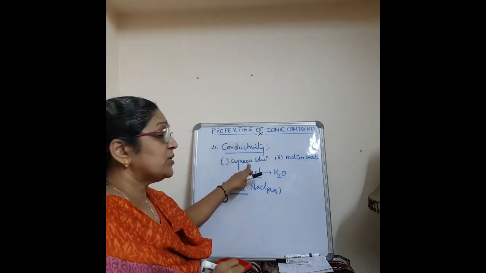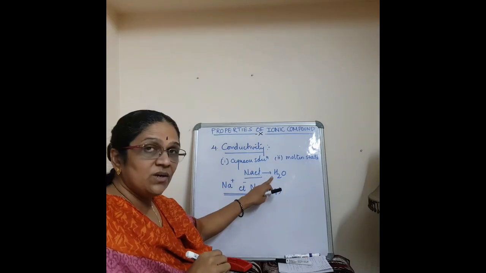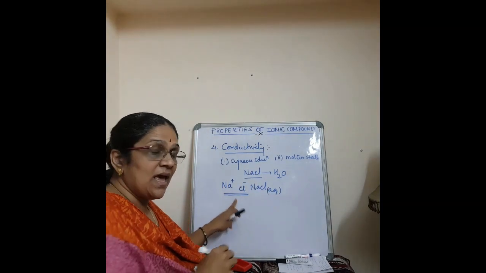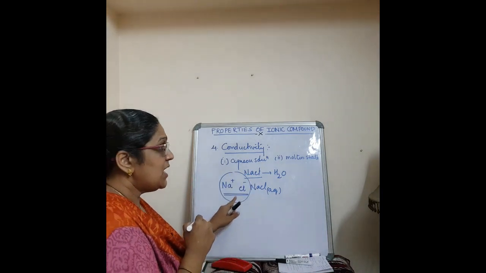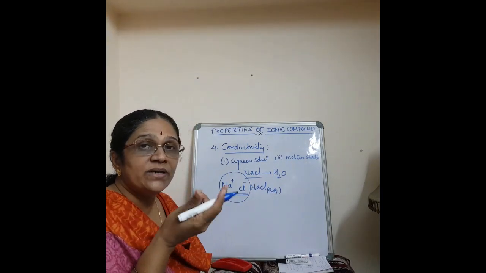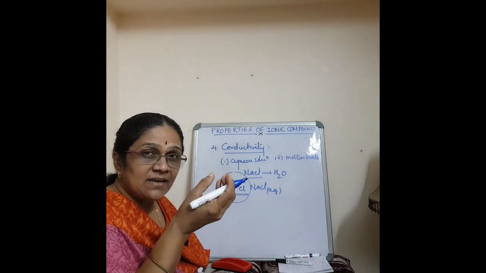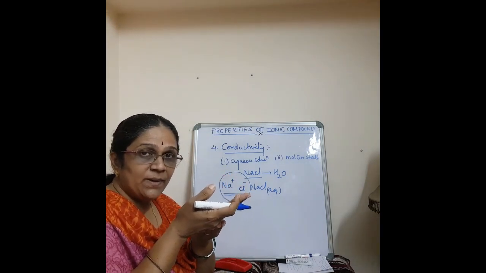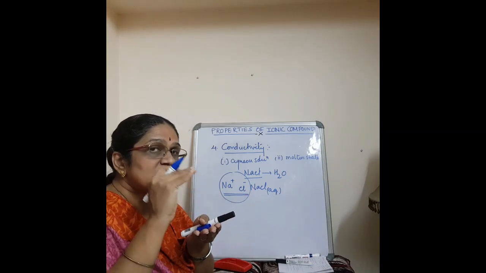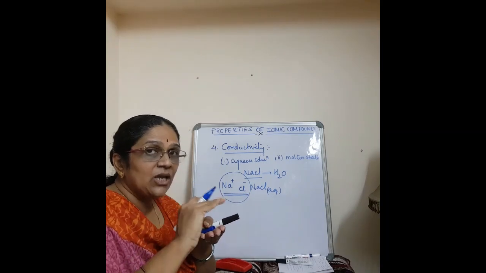Aqueous solution, you got it. How? You dissolve it in water, you will get the ions. And these ions are responsible for the conductivity. Okay. Now what about molten state? What do you mean by molten? Molten means just heating and forming into a semi-liquid state, isn't it? Molten means just a semi-liquid state. Just the solid is being converted into the liquid state.